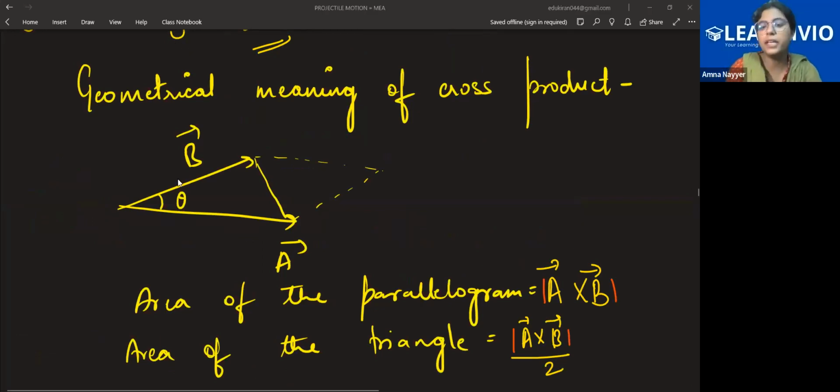See now the geometrical meaning of cross product. Geometrical meaning of cross product basically means that you have two vectors which are representing the adjacent sides of a parallelogram. We have talked about the parallelogram law also, right? So when we are talking about the area of the parallelogram, that is A cross B. So what exactly is the area of a parallelogram? Entire area of the parallelogram. This is like a rhombus. So A cross B is the area of the parallelogram. But when you want to find out the half of it, you will just write A cross B divided by 2. This is actually the geometrical meaning of the cross product.